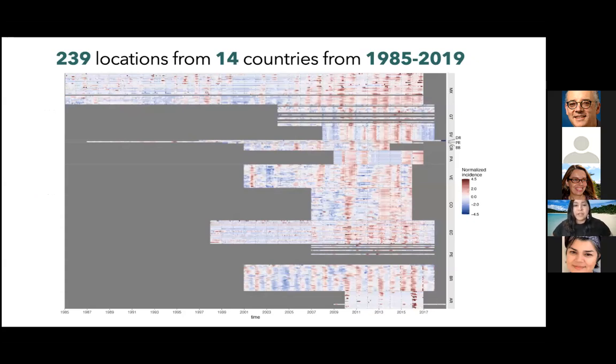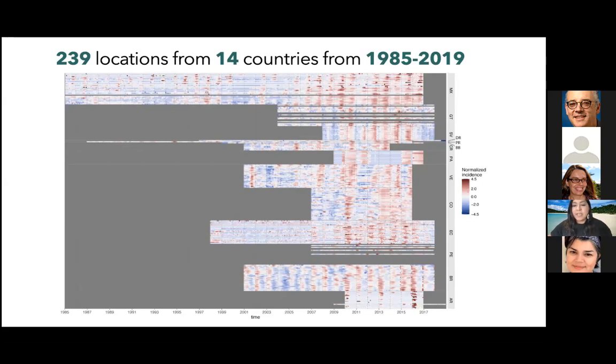And so this figure here is showing you what some of the data actually looks like. We were able to collect historical dengue surveillance data from 14 countries, and we collected much of this data at the subnational level. So we have monthly dengue surveillance data from 239 locations, roughly spanning the time frame of 1985 to 2019, though